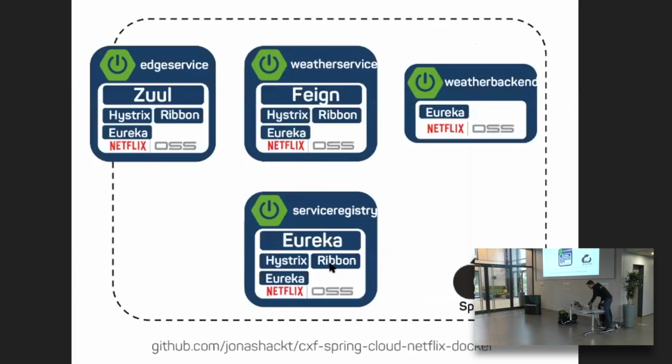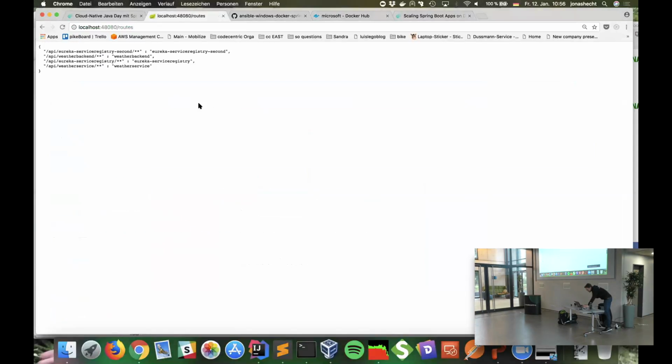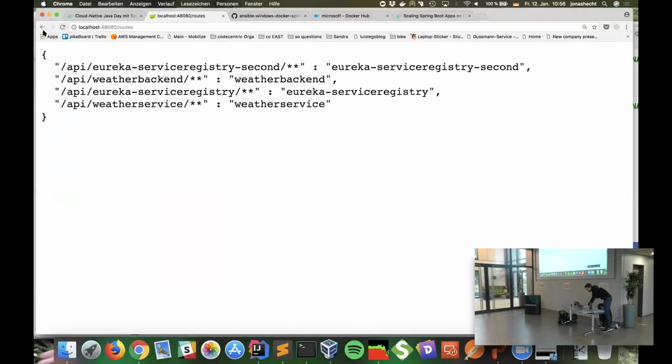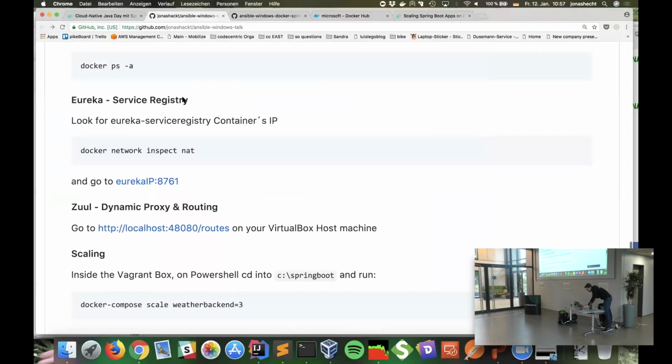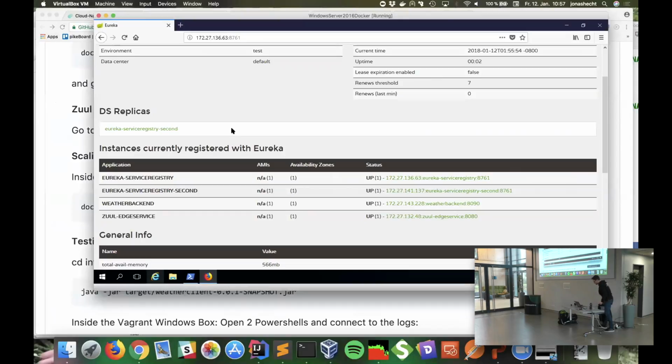So we should be able to just check out the routes inside our browser. That looks good. So they are all there. It looks good. So we should now be able to scale our apps, right?